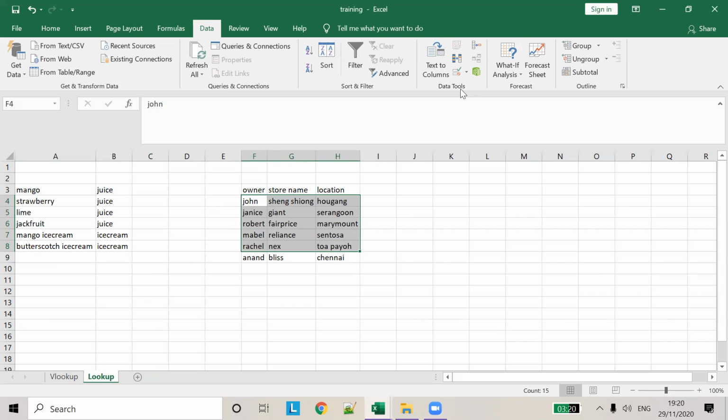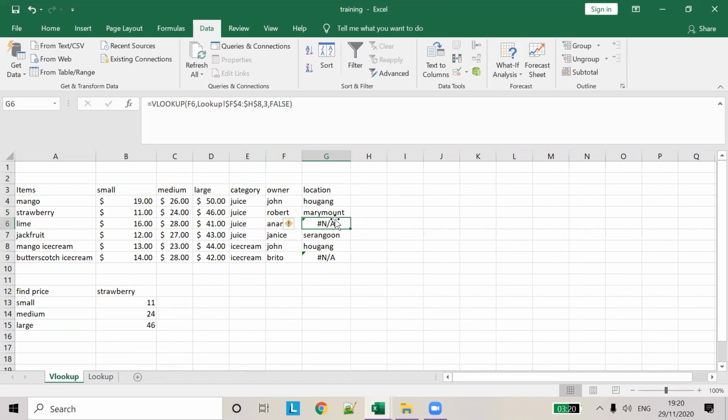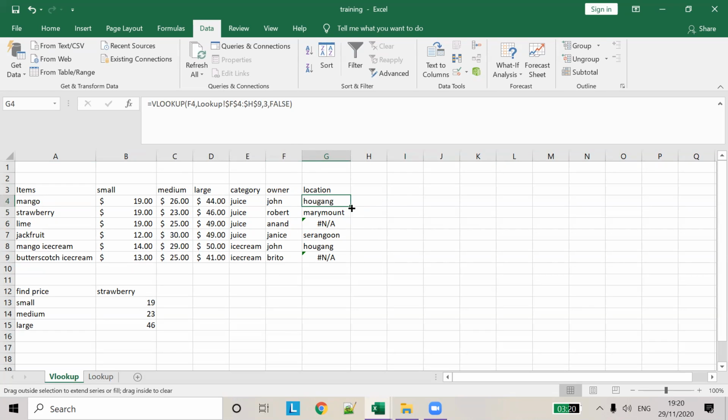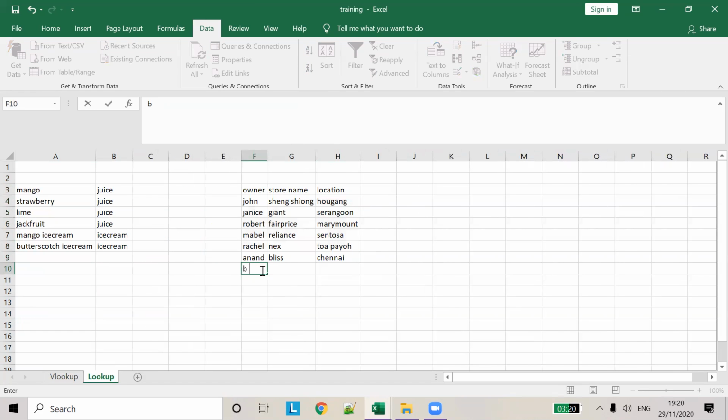In our selection, we have selected only this number of records. So we haven't selected Anand as part of the lookup table. We have to change that. Instead of H8, we have to give H9. Now drag all the values. You should be able to find Chennai. Still Brito is not added, so all you have to do is add Brito